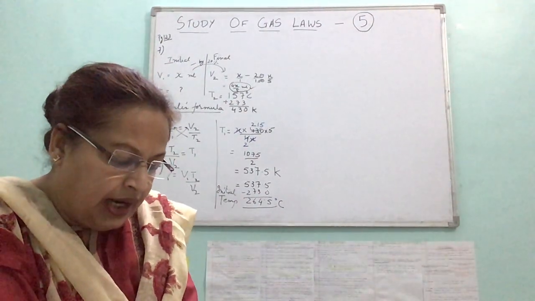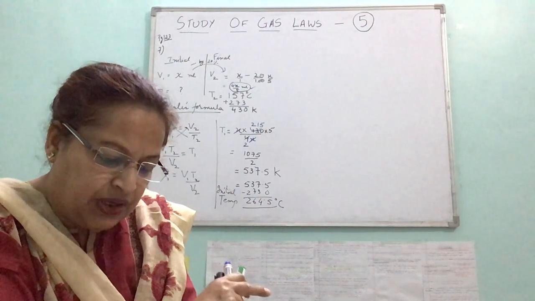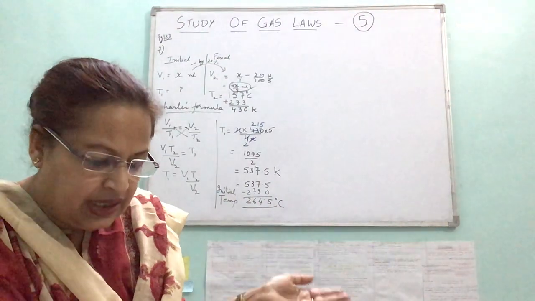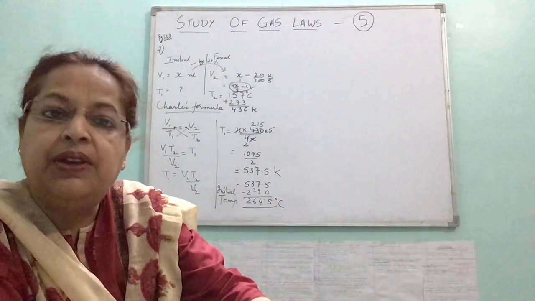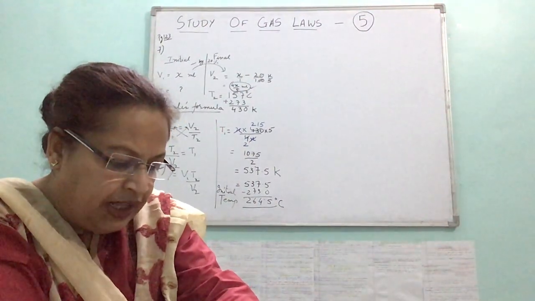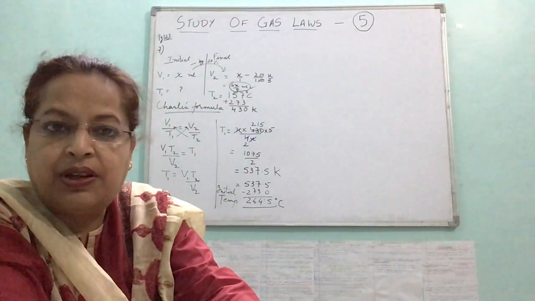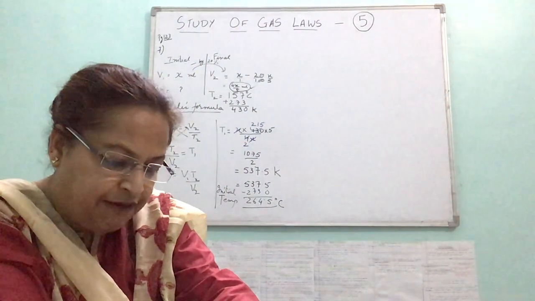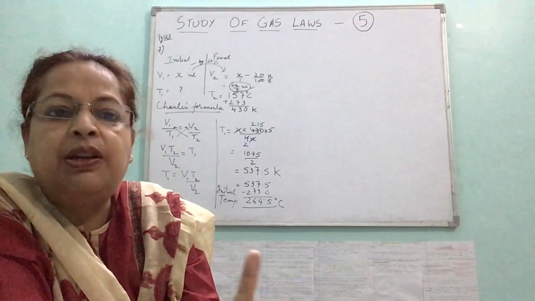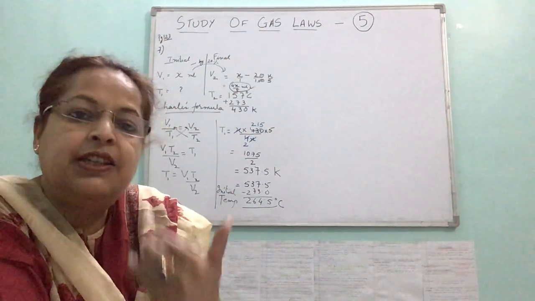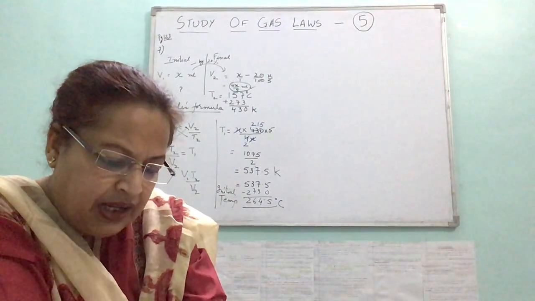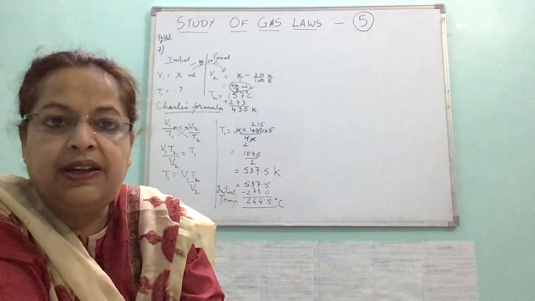It says, at a given temperature, the pressure of a gas reduces to 75%. So whatever is the initial pressure, it becomes 75%. It remains only 75% of the initial value. And the volume increases by 40% of its initial value. That means whatever is original, we add 40% of that to the original. Find this temperature if the initial temperature was minus 10 degrees centigrade.